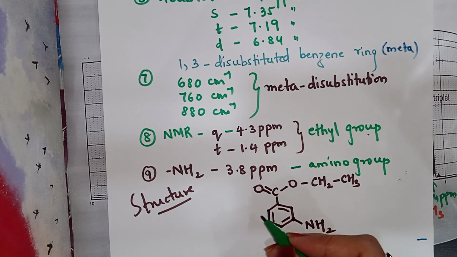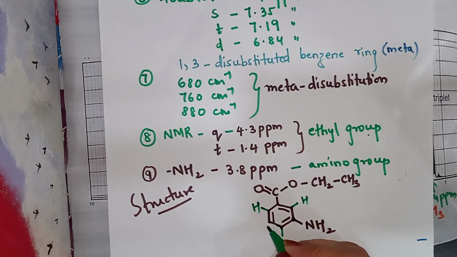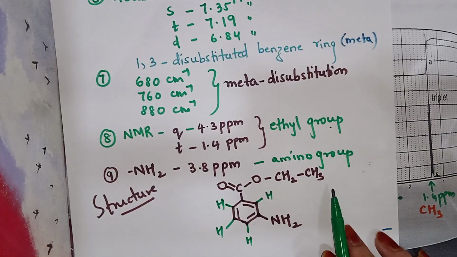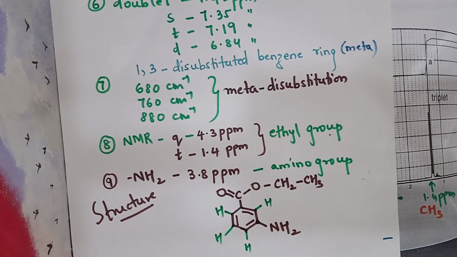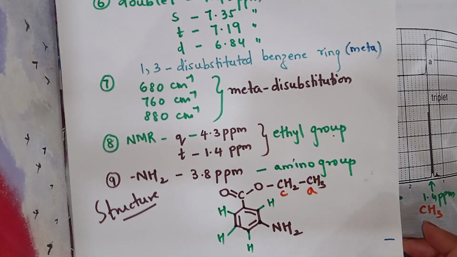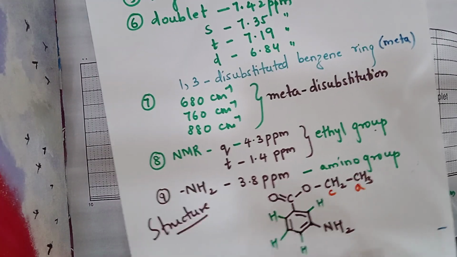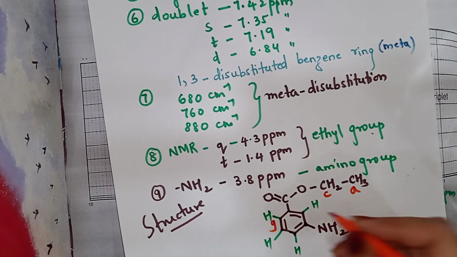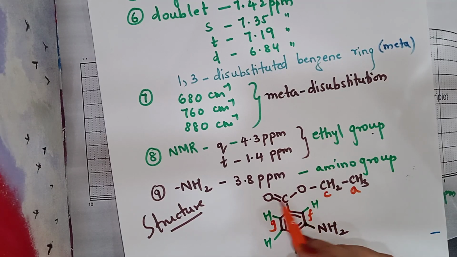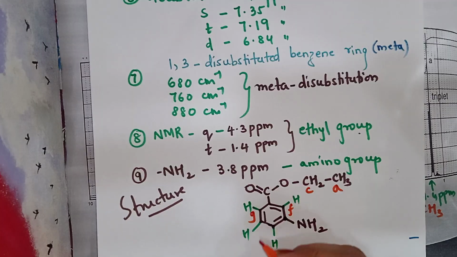Let us write down the protons. That is H, H, H and H. CH3 we have at A, I'll put it A here. CH2 we show at C, so we will write down C here. At G and F, there are protons. So this is G and this is F. These are pushed away by this carbonyl ester. Lastly, we have D and E.